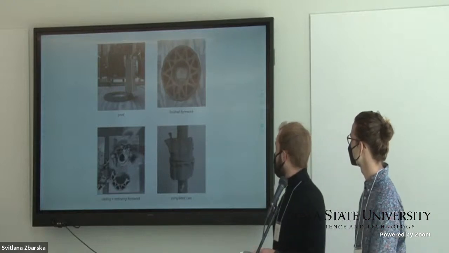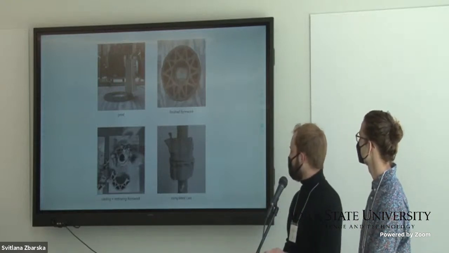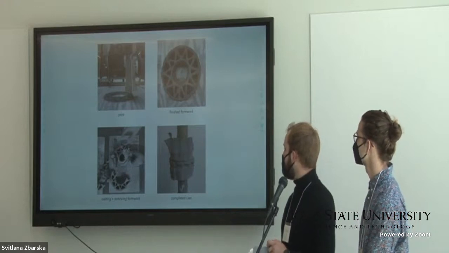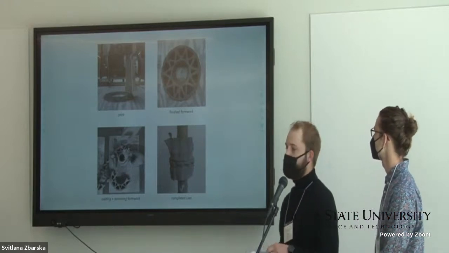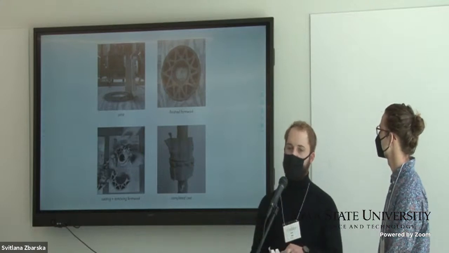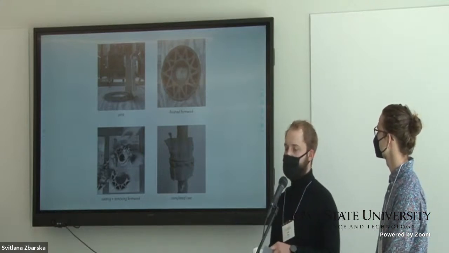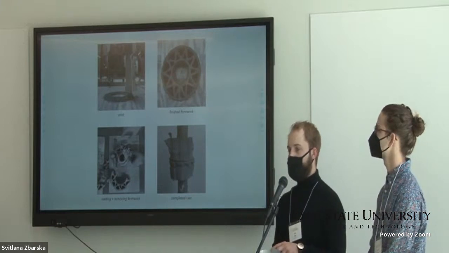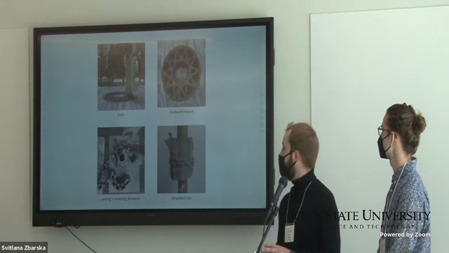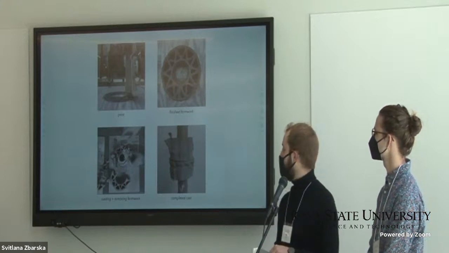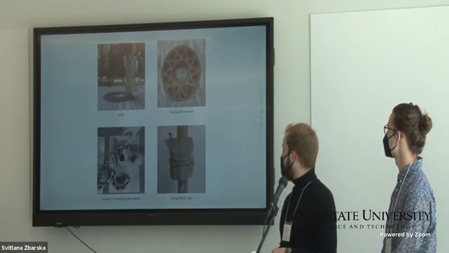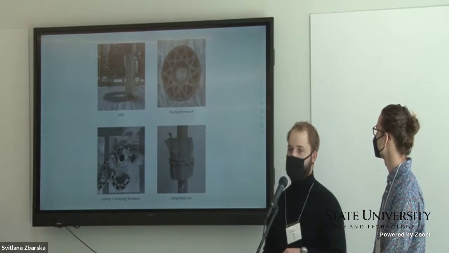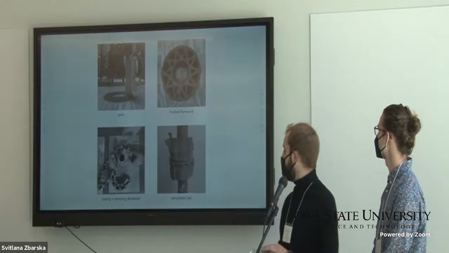And here are the four points of our initial cast. You can see the print. Then we let that print dry for 1 to 2 days to reach a leather hard state. At this leather hard state, the clay is both hard enough to resist the water from the concrete while being soft enough to not be too fragile for the concrete to break the cast. Once the concrete has dried for another 1 to 2 days, we were able to remove this dried clay formwork by just chipping it off.